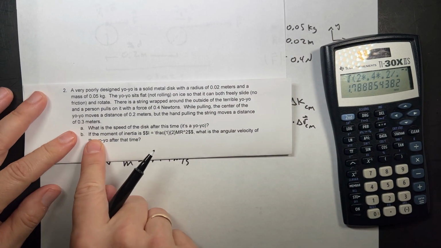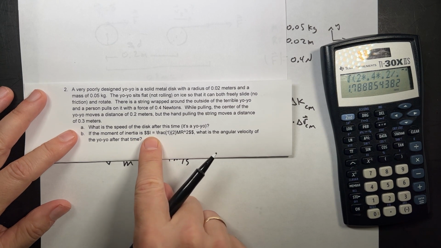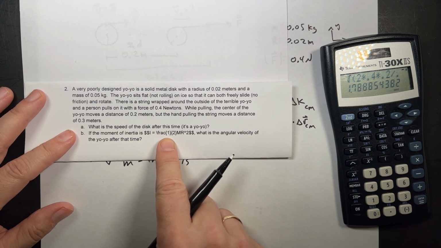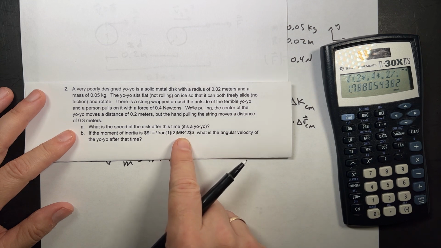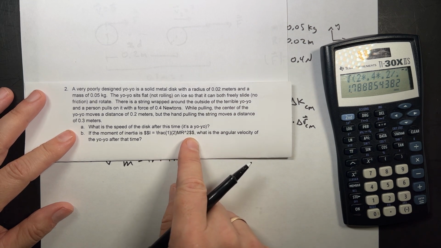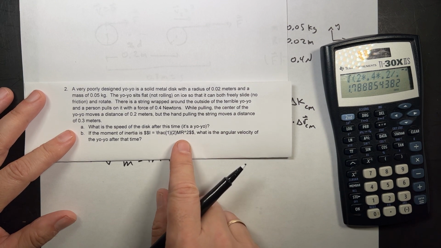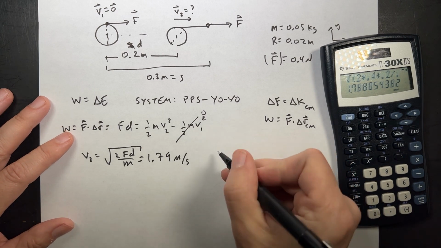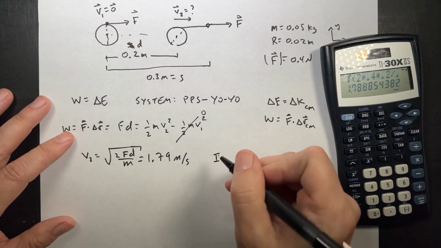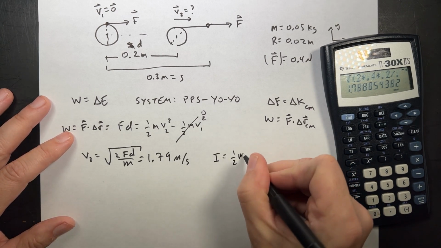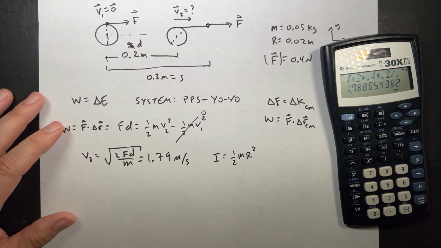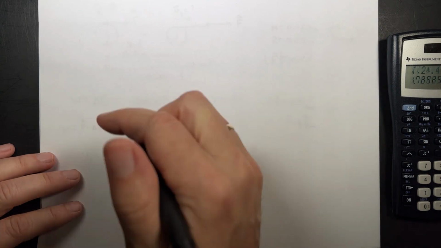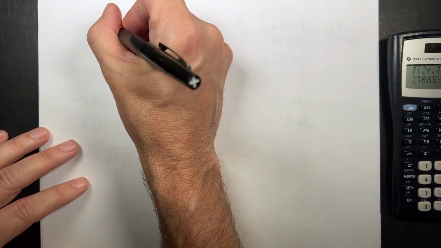The next question says, if the moment of inertia of the yo-yo is I equals 1/2 MR squared, what's the angular velocity of the yo-yo? So here this says, if the moment of inertia is 1/2 mr squared, what's the angular velocity? Okay, so let's go back over here, and if I deal with the system